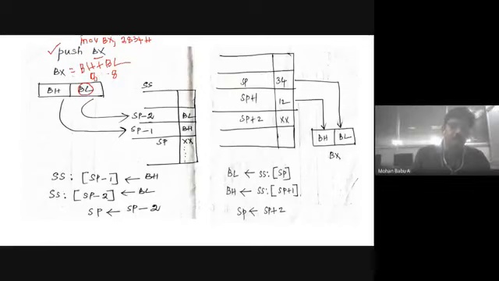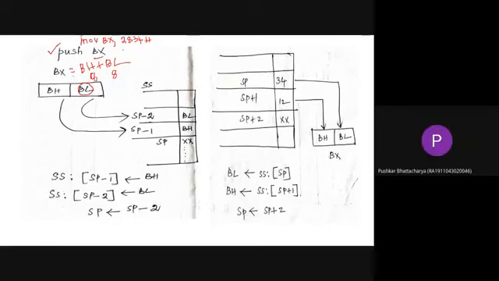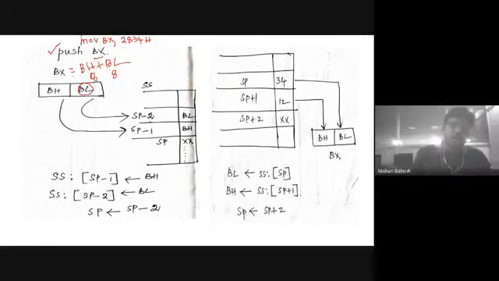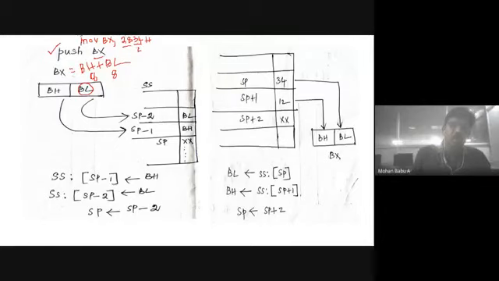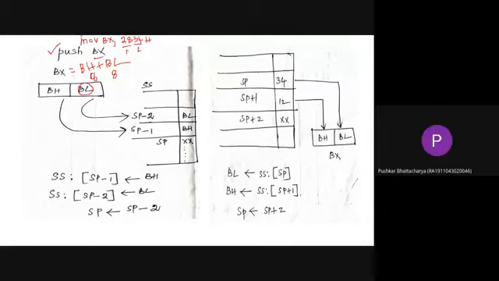8 bits. Totally we have 16 bits. So here I want to transfer the data stored in the register BX to the stack. Here it is 2834. Which one is lower byte and which one is higher byte here? This one is lower byte. 34 is lower byte, 28 is higher byte.